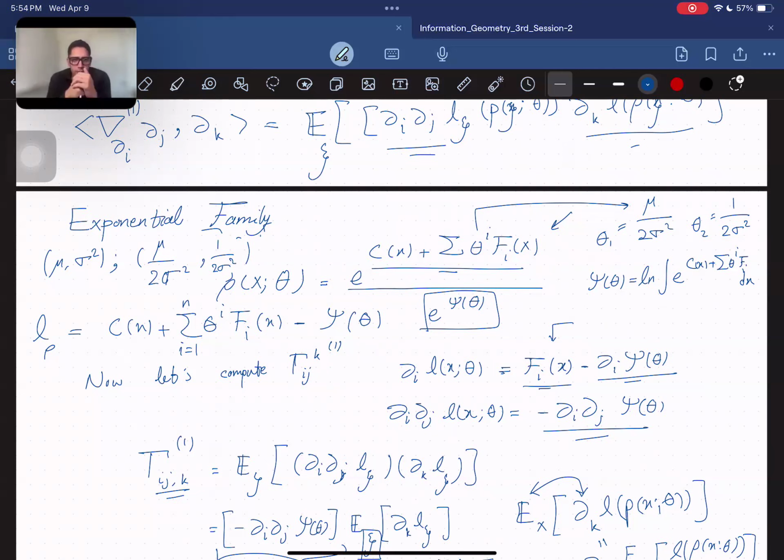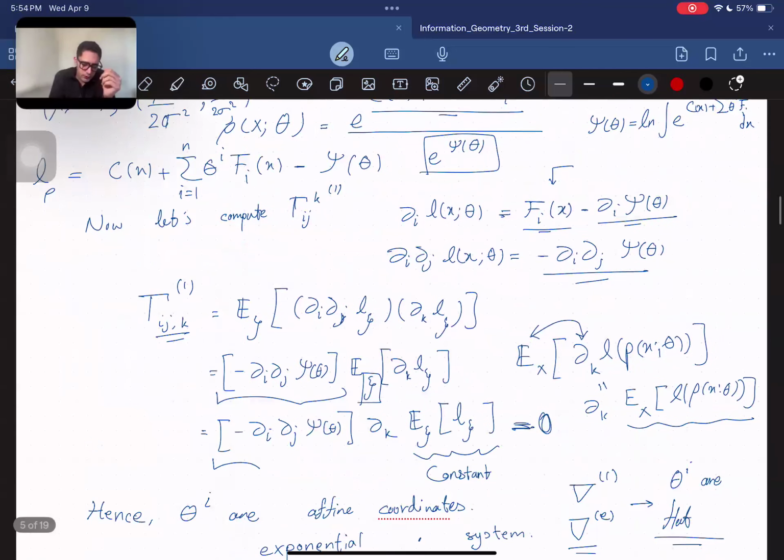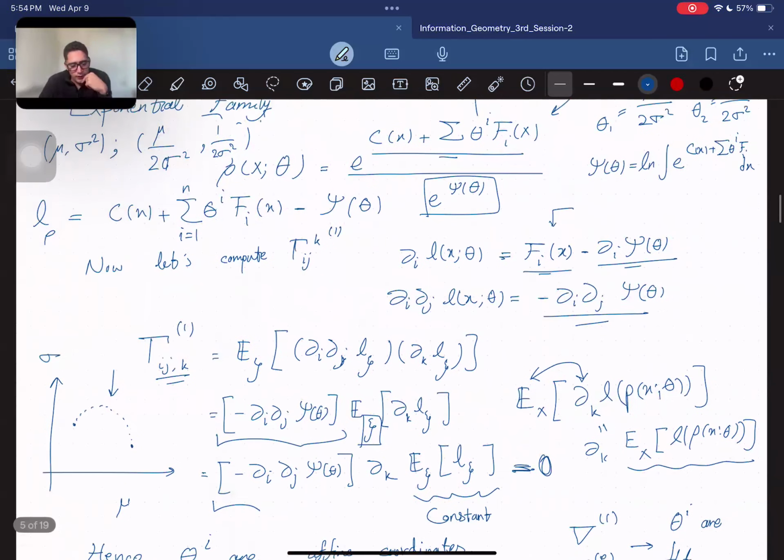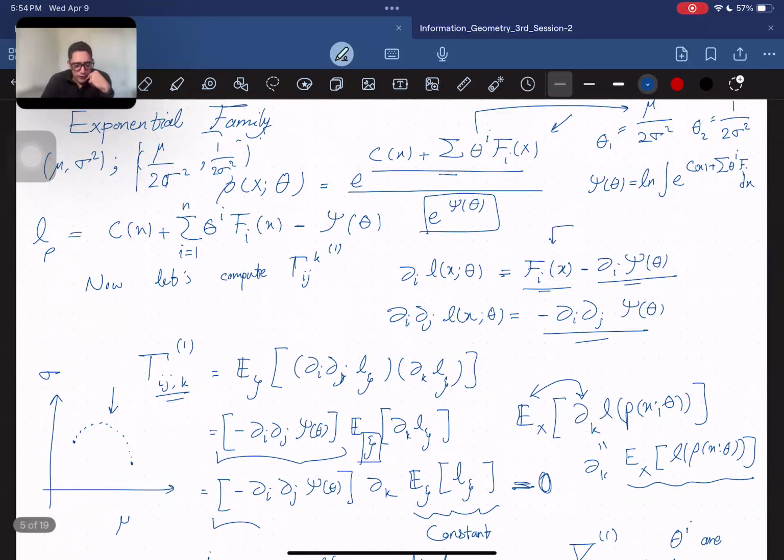If you remember from the first session, we wanted to calculate the geodesic between two normal distributions. And as you saw, we had something like this. If we wanted to find the geodesic, which has the least amount of information loss, it would give us this thing. And if you remember from session 1, this was nothing but the curve that makes this